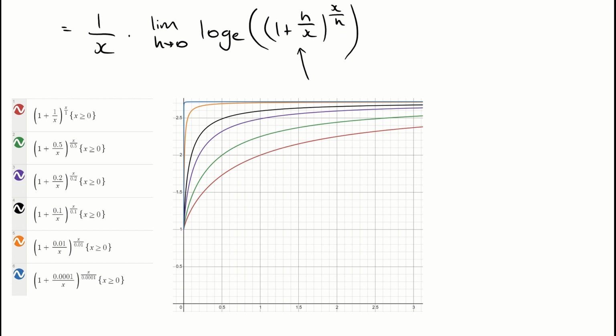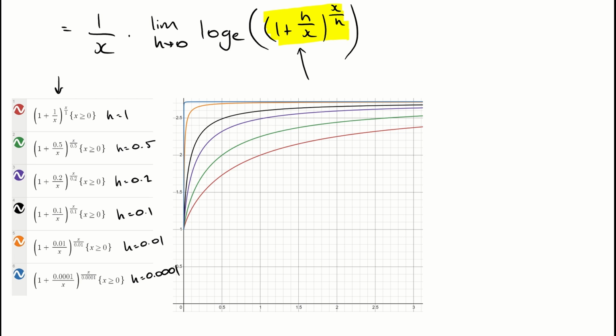So what we've got here is a couple of graphs, and I've taken this bit in here because this is what we're looking to see what happens as h tends towards 0. Okay, so we want to see the behavior of this function as h tends towards 0. And I've plotted those in these equations down the left-hand side here. So you can kind of see that this bit here is when h is 1. This one here is when h is 0.5. This one's when h is 0.2. All the way down at 0.1, at 0.01, and at